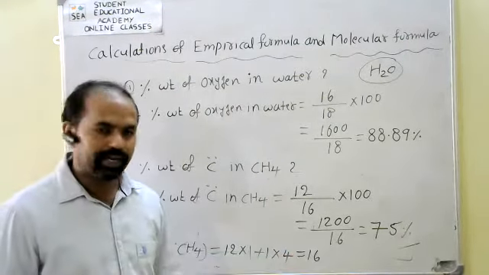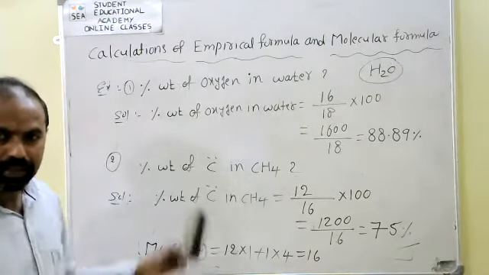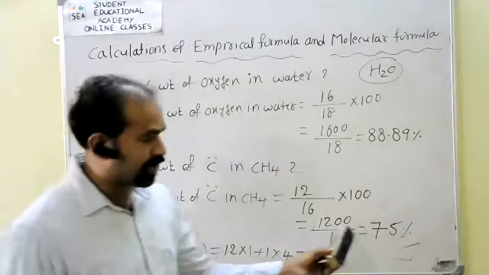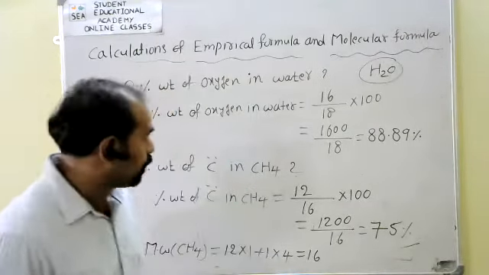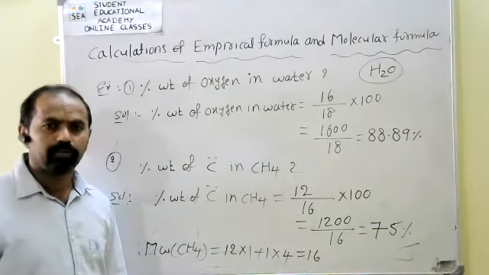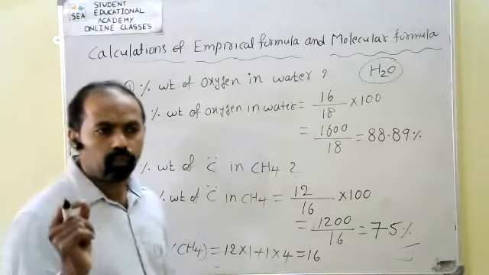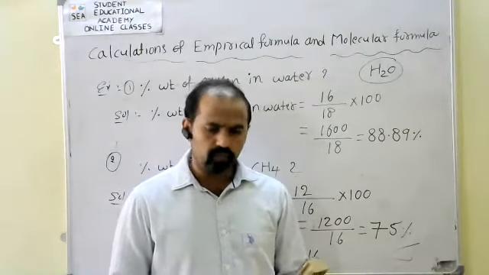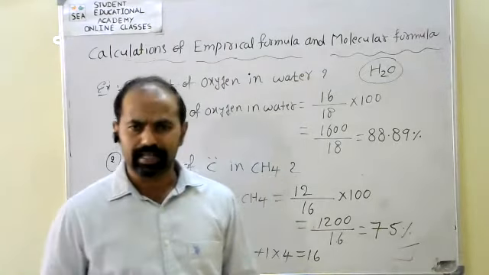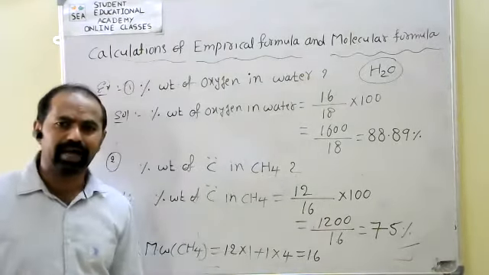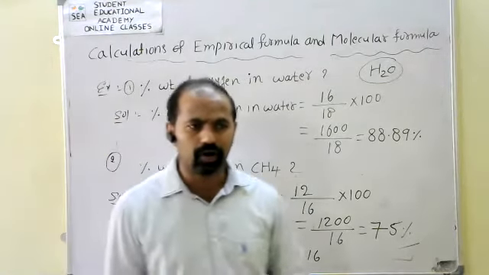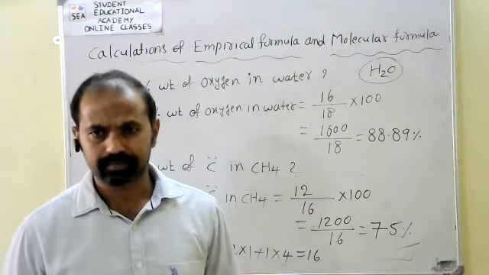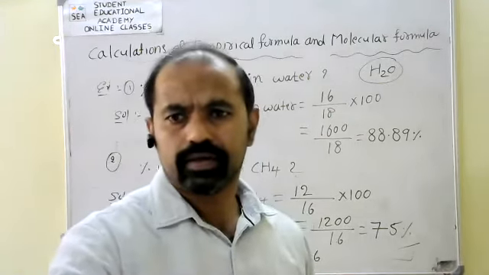So finally, in methane, the percentage weight of carbon is 75%. By using the formula: percentage weight of any element is equal to atomic weight of that element upon molecular weight into 100. So now, say